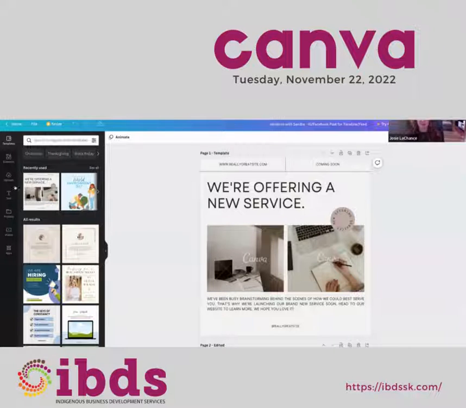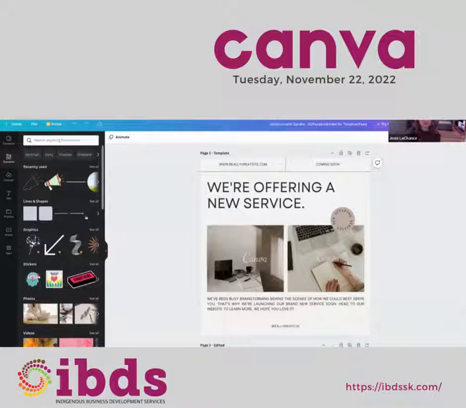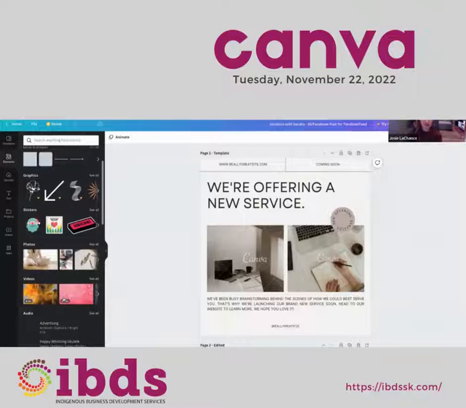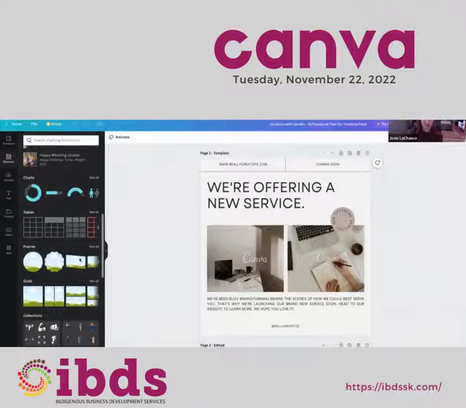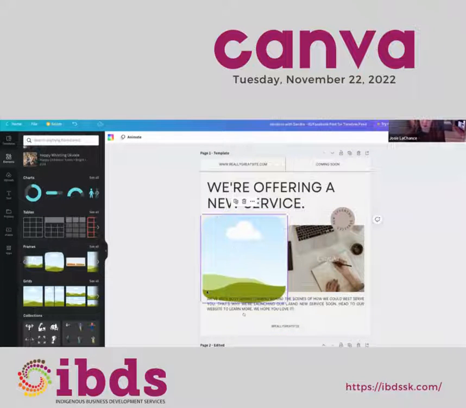So what I did was I went over to the left side here, where I have access to everything that I need to change my template, and I clicked on elements, and I went down here to frames, which are basically your template photo holders.